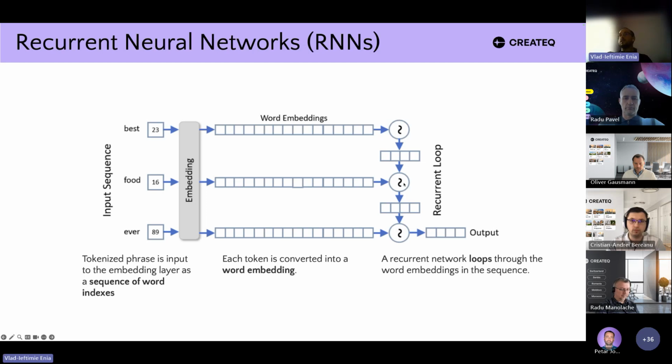And at a given time step, we'll also have as input the previous output of the neural network. So first we have the first word. At the second word, we have the output from the previous time step and the current word. And this is what the output looks like.